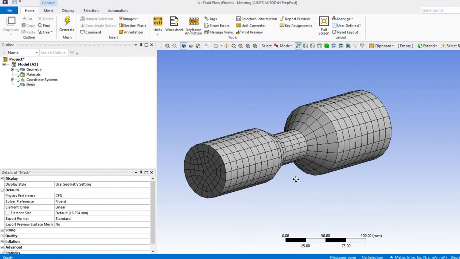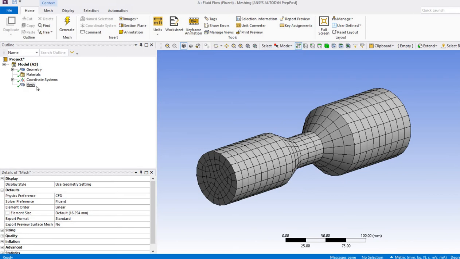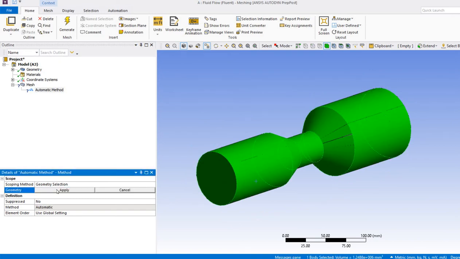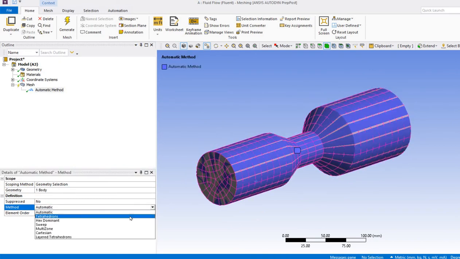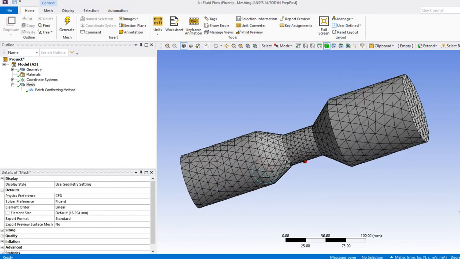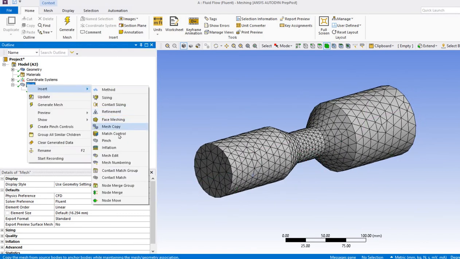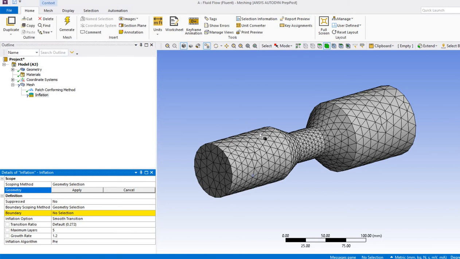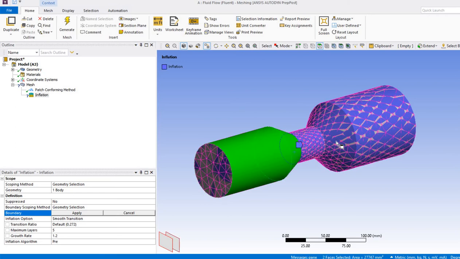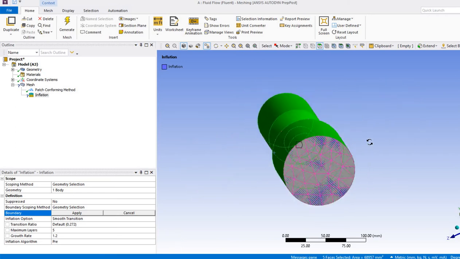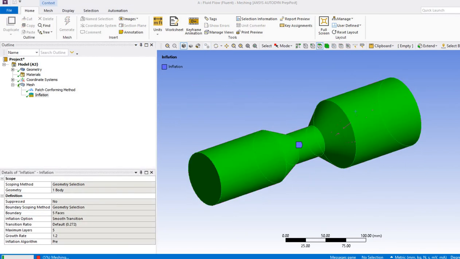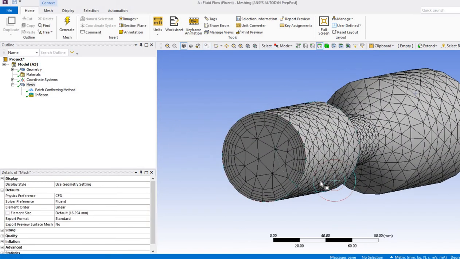If you want to create a tetrahedral mesh, I am going to create tetrahedral mesh. So I am going to insert a method and select this geometry. Select tetrahedrons. Okay. So if I generate it again, now the mesh created is of tetrahedron shape. Next I will insert an option called inflation. I will select this body and using control options I will select the faces. These walls I will select first and give apply. If I generate it again, you can see 5 layers is coming near the wall.